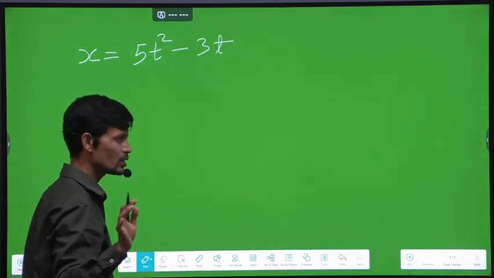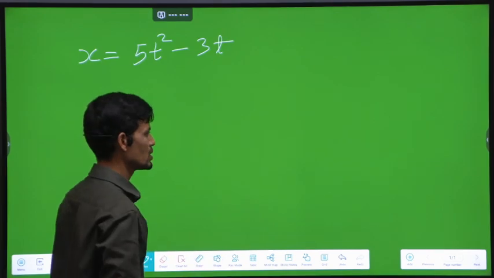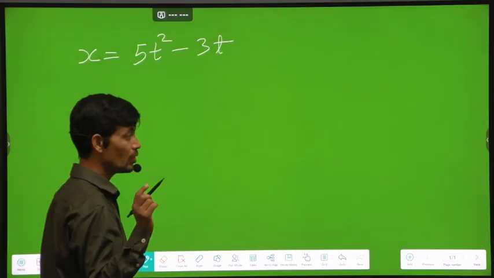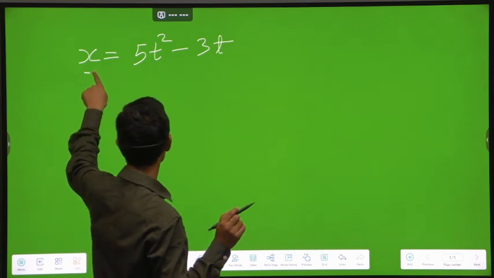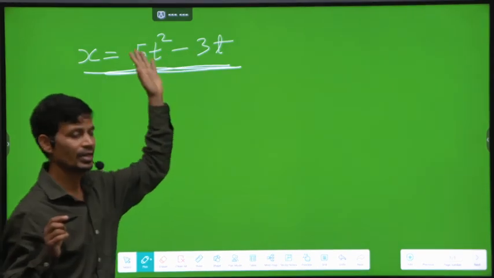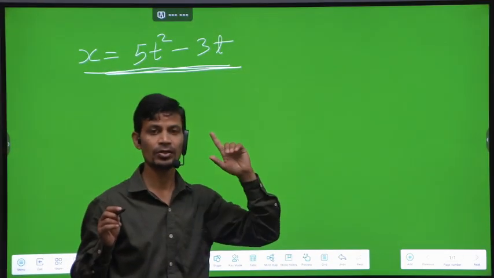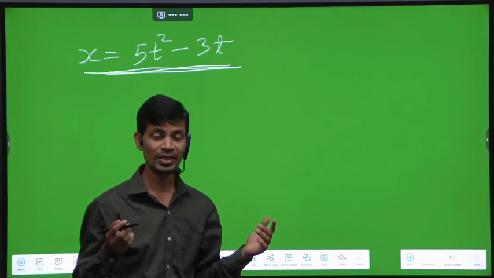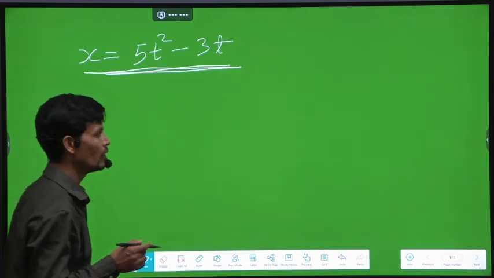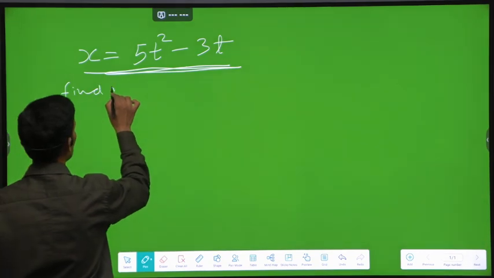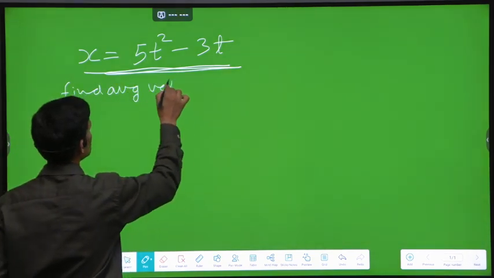In SI unit, of course, I am not mentioning it to avoid some extra symbols. Whenever you see such type of expression in which t and such kind of variables have been given, and then you are asked to find velocity, for sure you have to differentiate it. But in this question, what I am asking you, find average velocity